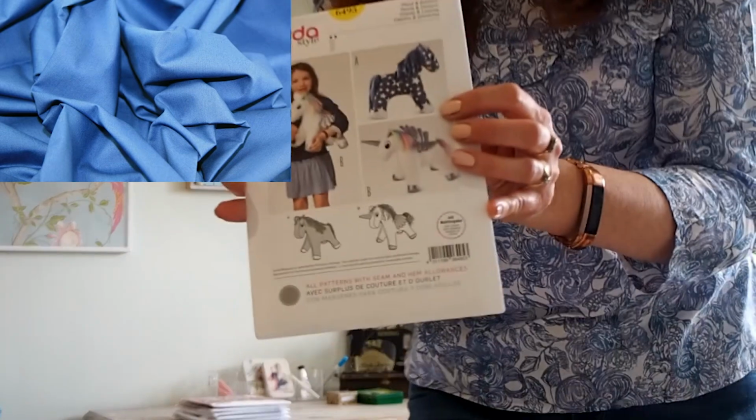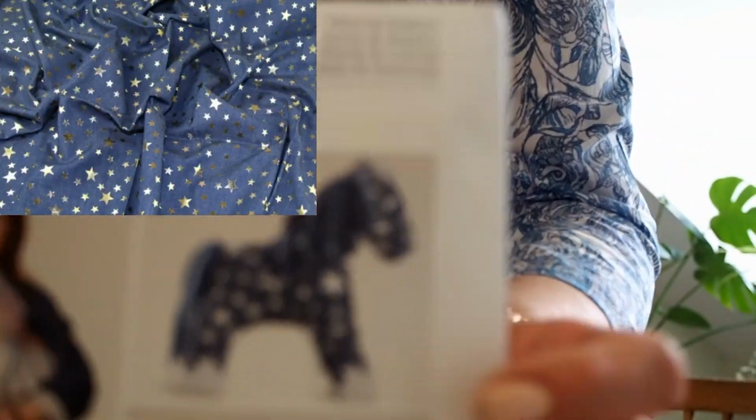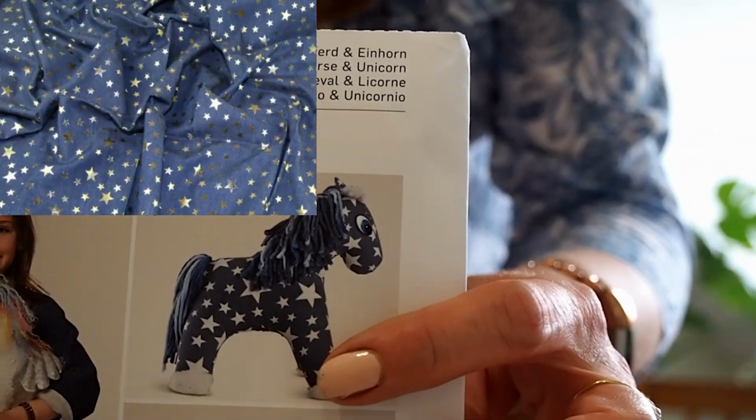So the recommendations here, I'm just going to pop up. We are recommending cotton fabrics, and the pattern here has got a really gorgeous chambray. So again, we do a fantastic range of chambray products, so I'm just going to pop one up here for you also. I'm also recommending trying a